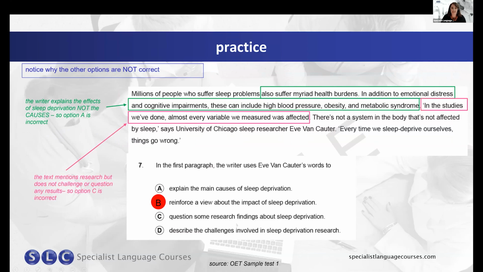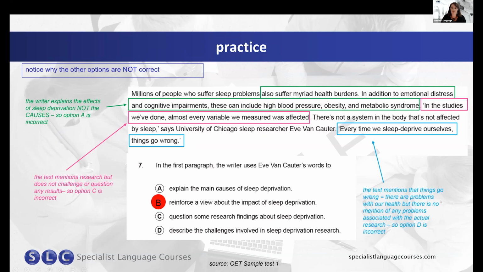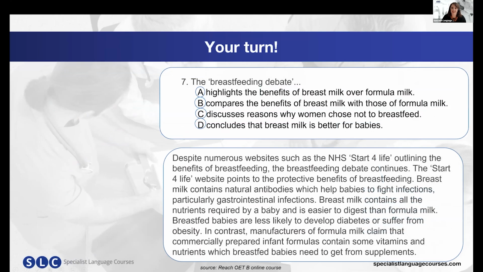The C is not correct because she mentions research, but it does not challenge or question any results. And then D, the text mentions things that go wrong, but there is no problem mentioned with the research itself. So D is not correct. Okay, so your turn. Let's go through those first two steps together, and then I'm going to ask you to